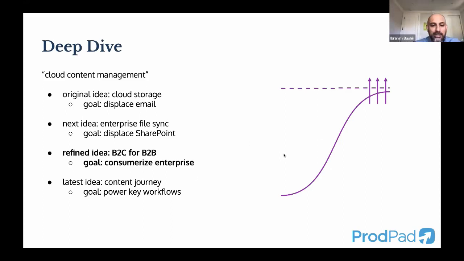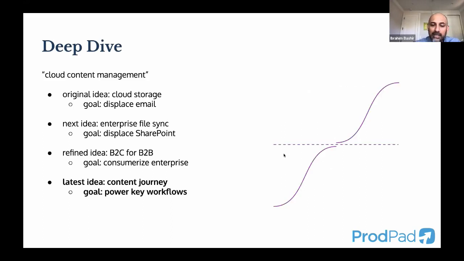So this was an example of, hey, Box is hitting a plateau. How do we break through? The latest idea they have, which is, hey, we're not just cloud storage and access, but we're workflow products and developer products and security products, is them saying simple storage has a plateau. You can break through that plateau for a while by going from consumer to enterprise and expanding your market. You can make it a more consumer-oriented product in the enterprise and raise the ceiling. But eventually, everybody who wants a consumer-flavored storage and collaboration product has chosen between Box, Google Drive, SharePoint, et cetera. What do you do now? You have to get into an adjacent business, something like workflow, developer products, et cetera, which is what Box is doing now.